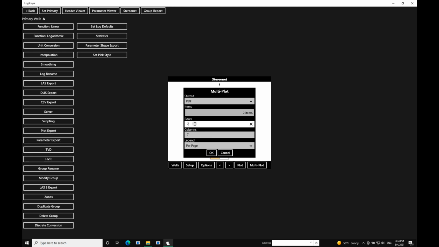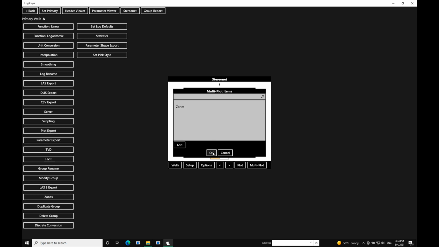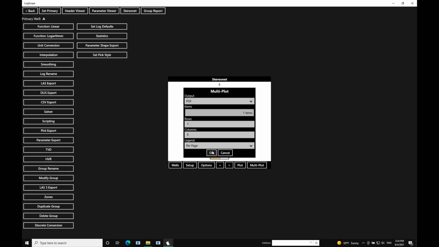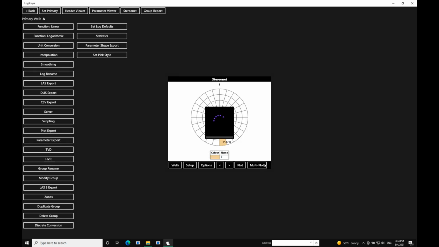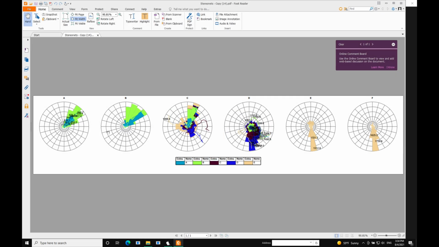Now if we do the same thing as a walkout plot, 1, and we want 1 row and 6 plots, and we just want statuses, we're going to delete the statuses, and then we hit OK, and there we have the plot, and we'll just show it up now, and you can see the various walkout plots for each of the formations showing